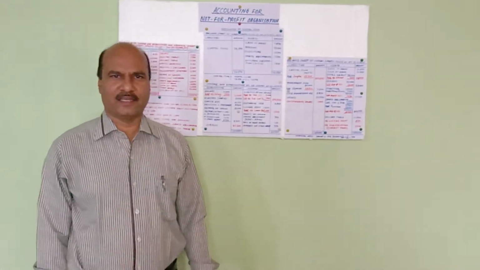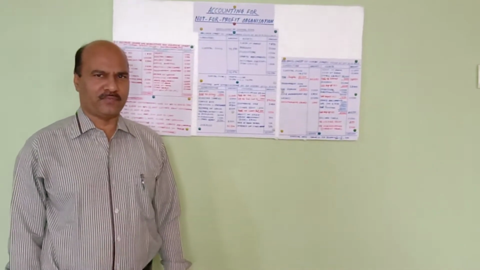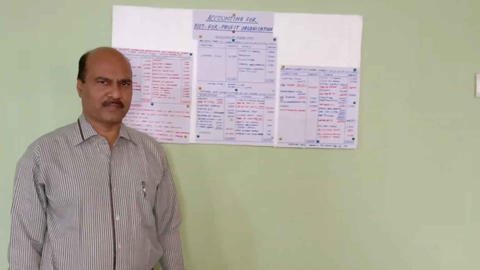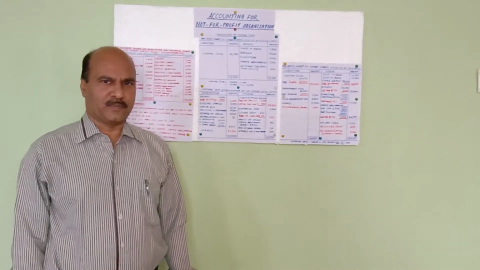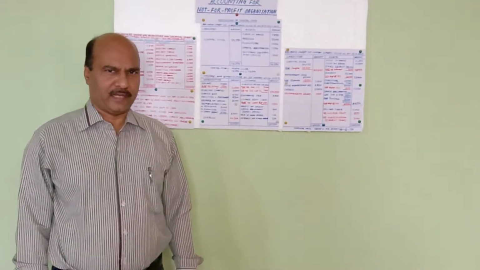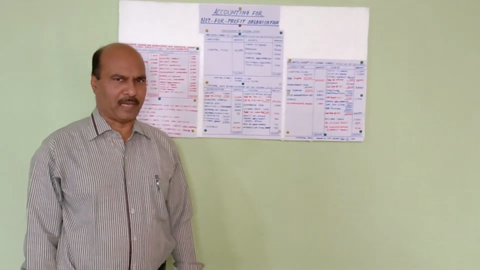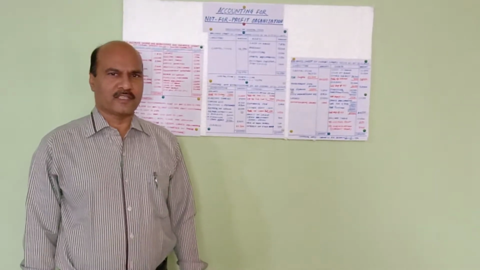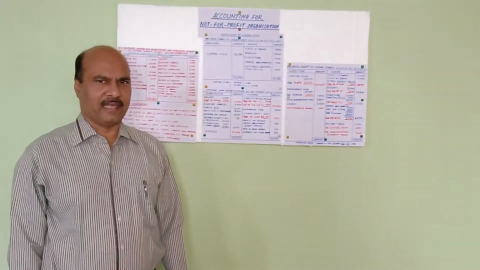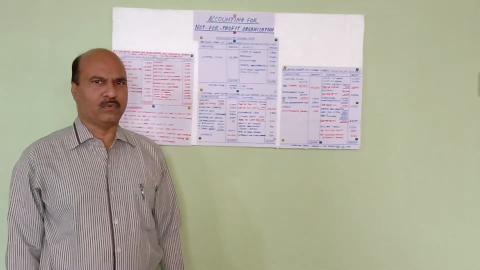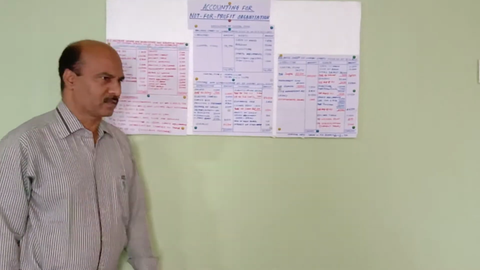Once again I am here to teach you not-for-profit organization. In my previous video you have seen how to prepare receipts and payments, income and expenditure, and subscription and stock of medicine. Today I am going to show you how to prepare a complete balance sheet which can come for 6 marks. For that I have prepared a question with red ink, and the answer and adjustments will be in blue and red both. So let's see how the question goes.